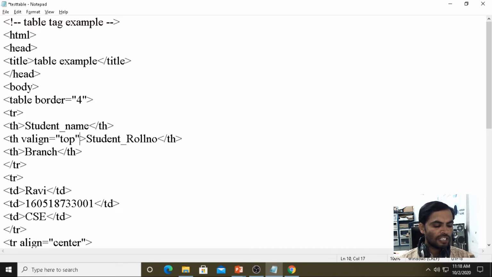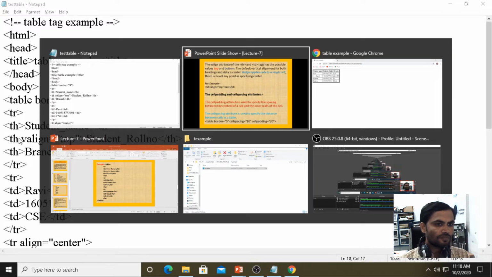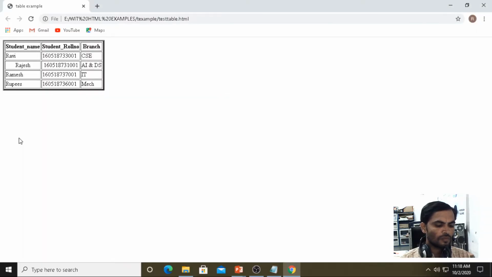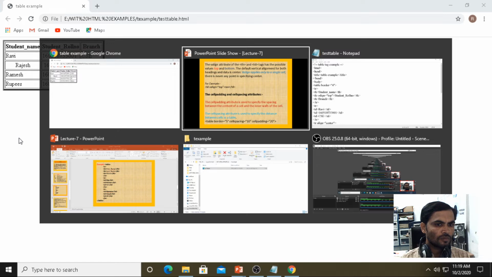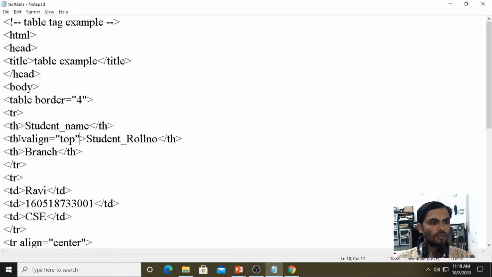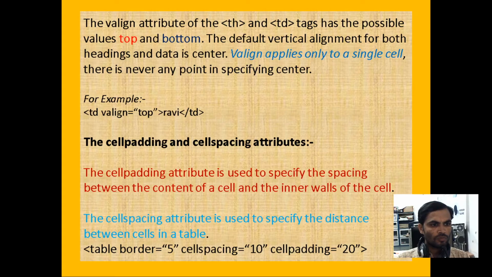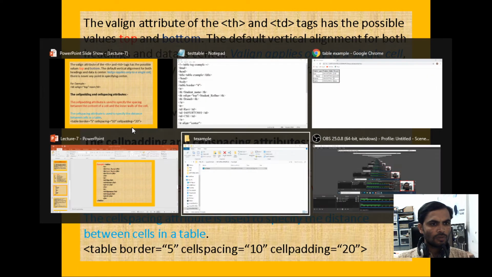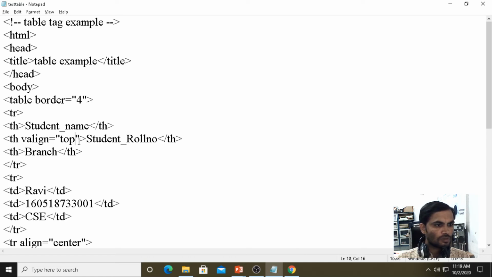For table heading, Control S. Table data valign equals top.